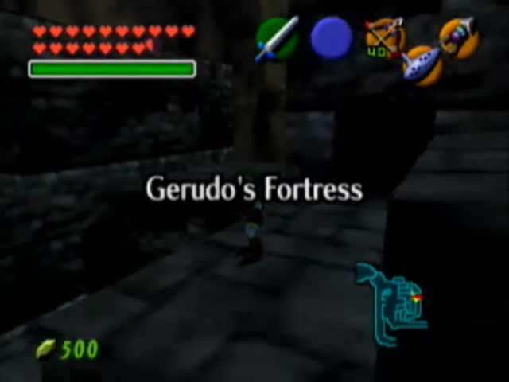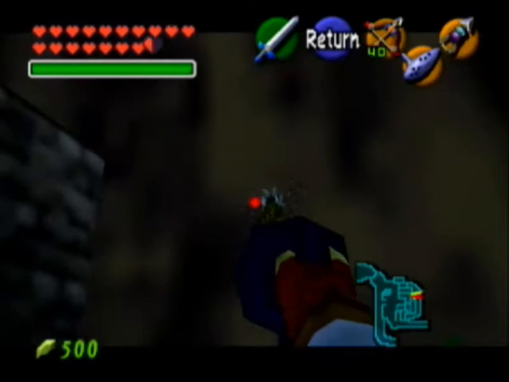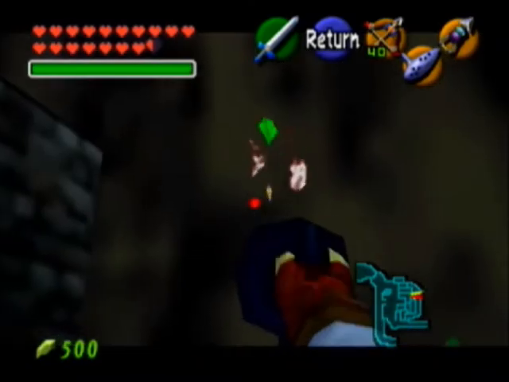Okay, I'm gonna wait for this Gerudo Fortress symbol to go away. And there's actually a skull token up here. This is only available at night, so if it's during the daytime, go ahead and play the,